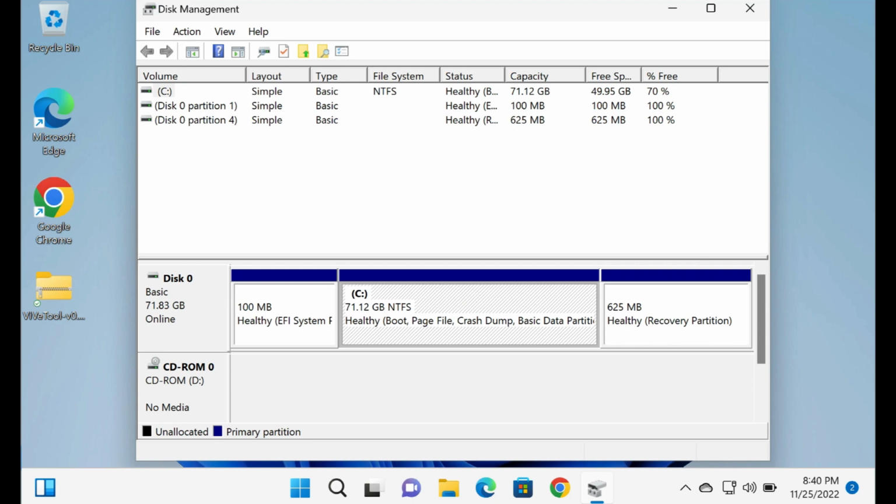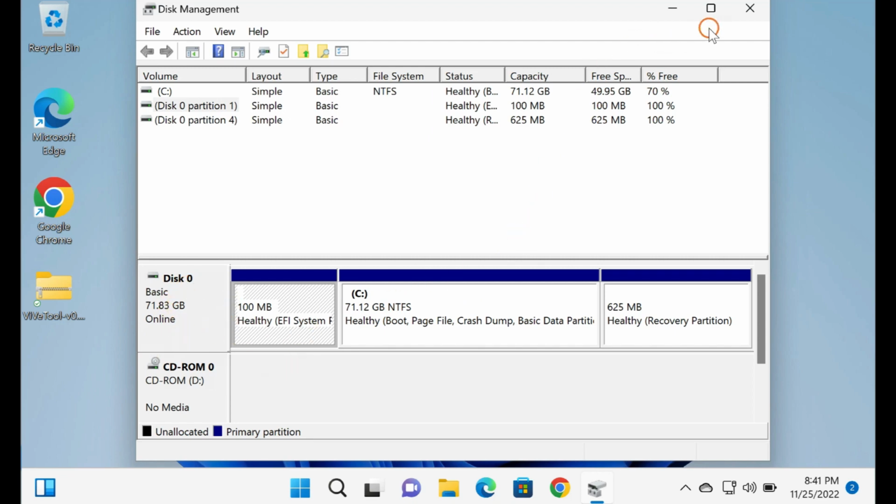You will find the Disk Management window in two panes. The top pane shows a list of volumes, while the bottom pane shows a graphical representation of available disks and the volumes that exist on each disk. If you select a volume in the top pane, the bottom pane will show the disk that contains that volume. And if you select a disk or volume in the bottom pane, the top pane will show the corresponding volume. If you have more than one hard disk installed on your computer, it will show disk 0, disk 1, and so on in the bottom pane.